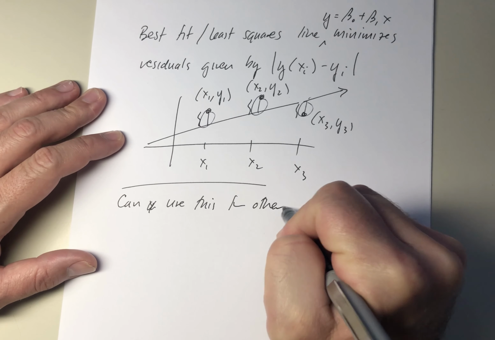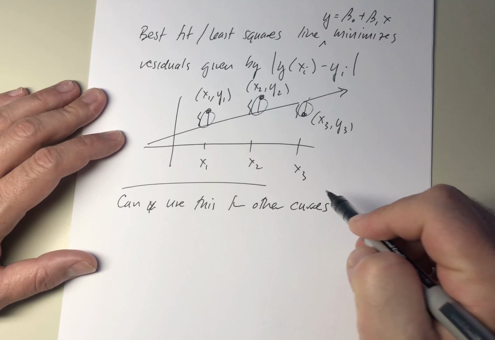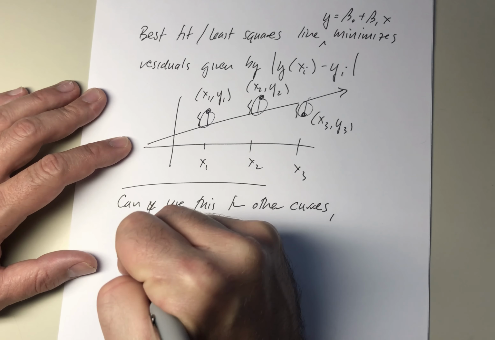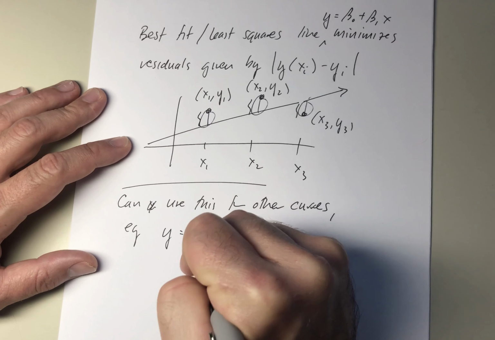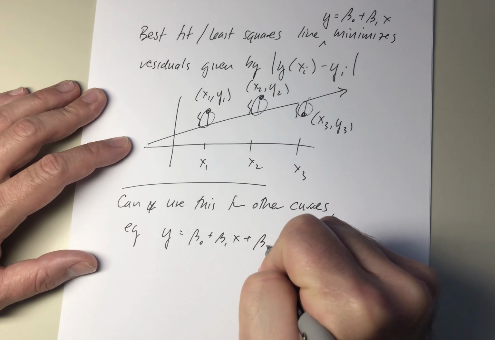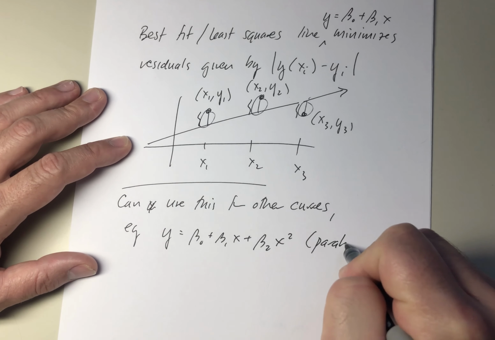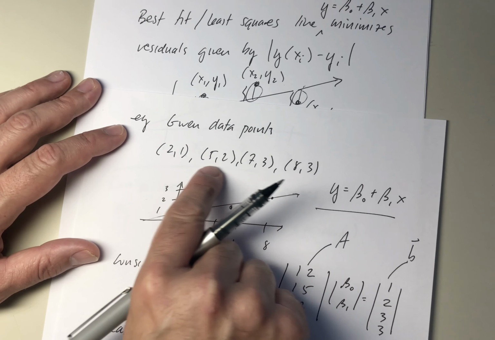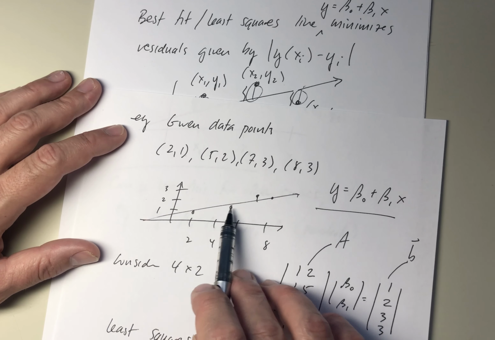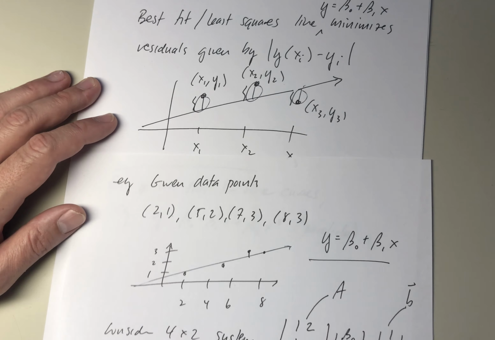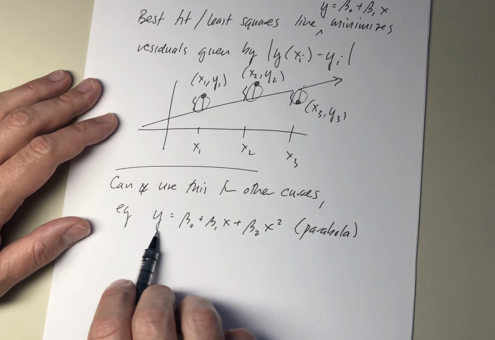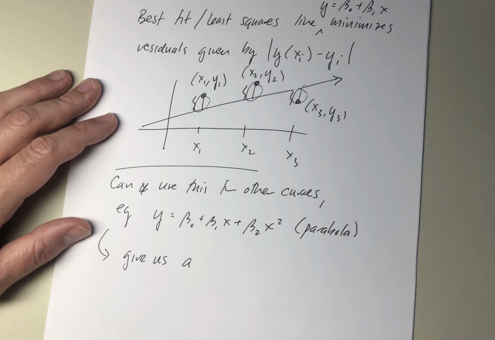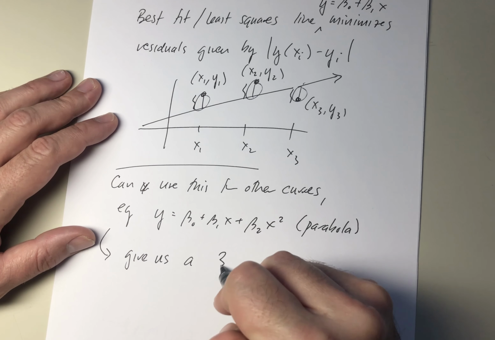for other curves, not just lines, e.g. if y was beta naught plus beta 1x plus beta 2x squared, so this was a quadratic or a parabola. So if you now went back to my original setup with the 4 data points, I could actually ask for a parabola that goes through these 4 points. And what you're going to have here, if you assume they lie on a parabola, this would give us instead of a 2 by n system, a 3 by n system,